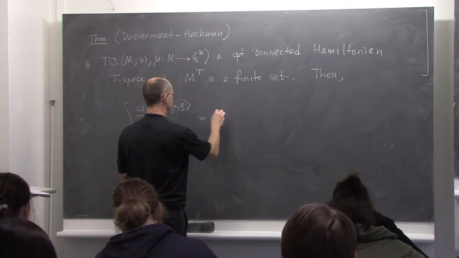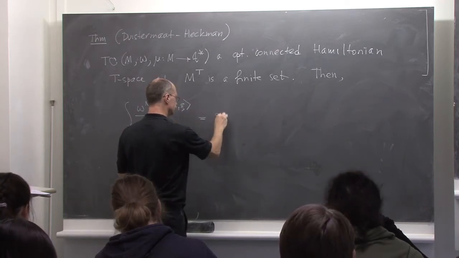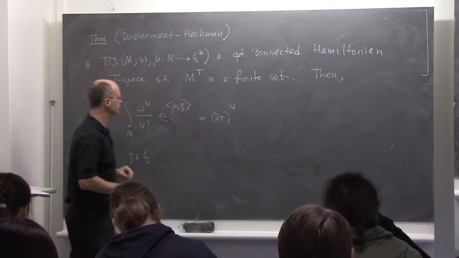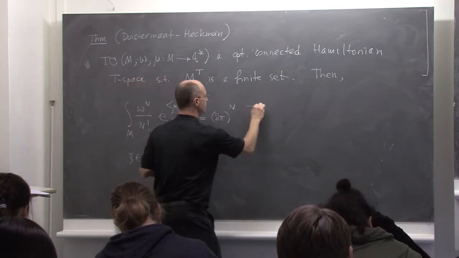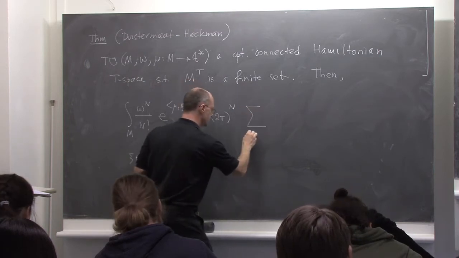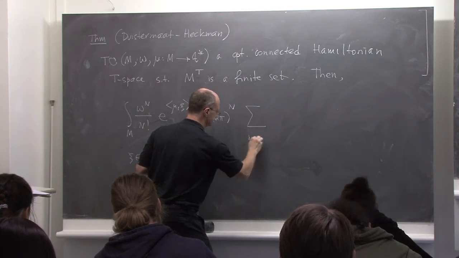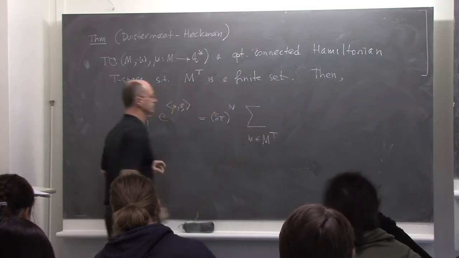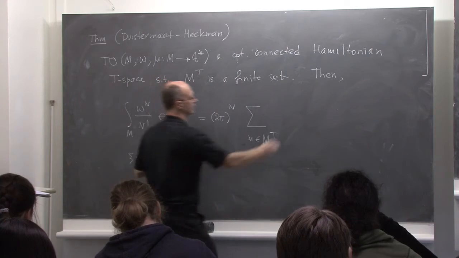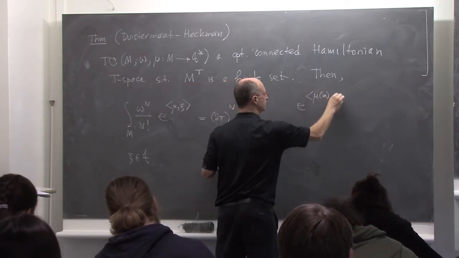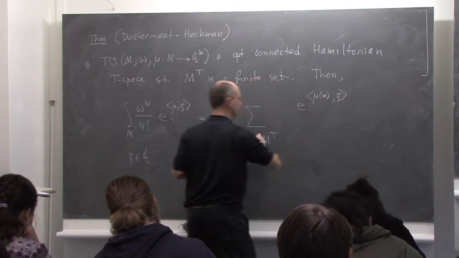And here there will be 2 pi to the power n, where n is, as before, a half of the dimension of the manifold, and then sum over points m in M^T, and here there will be exponential of mu of m psi,